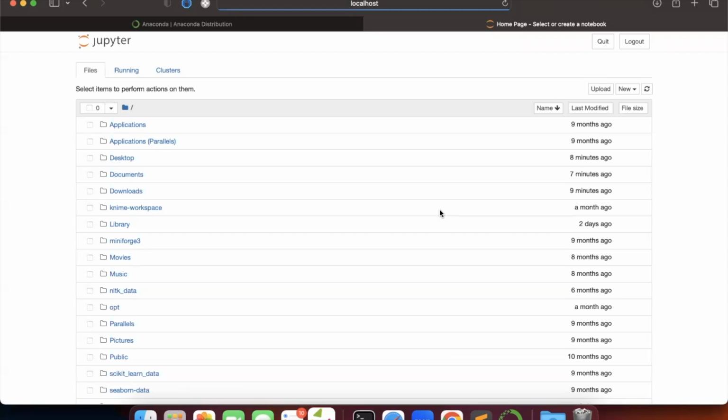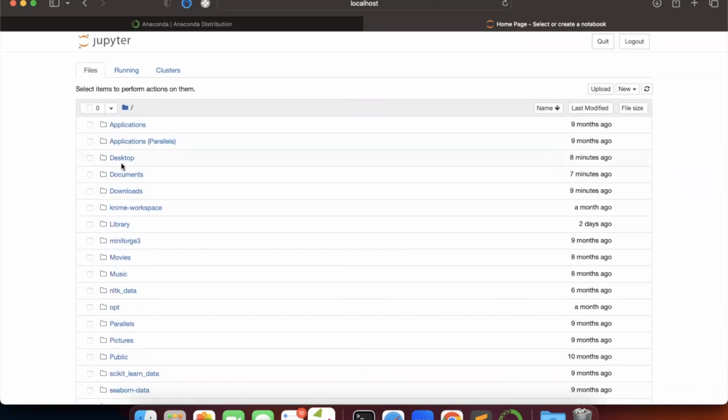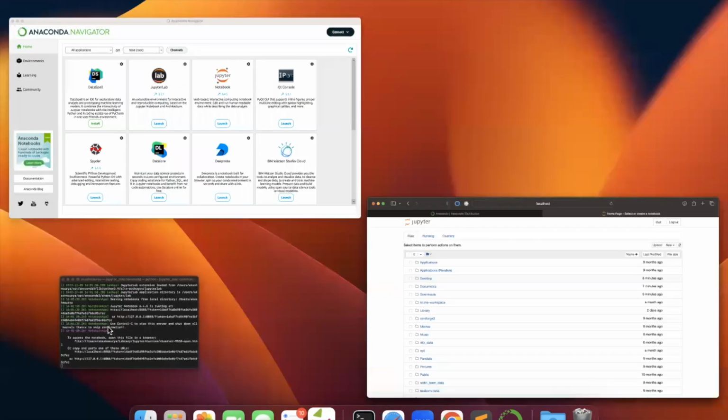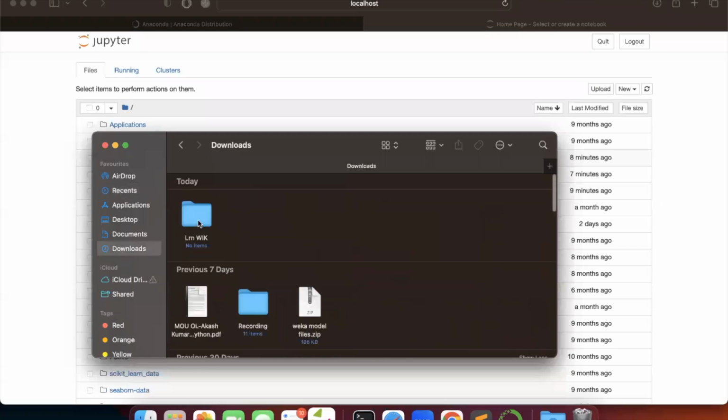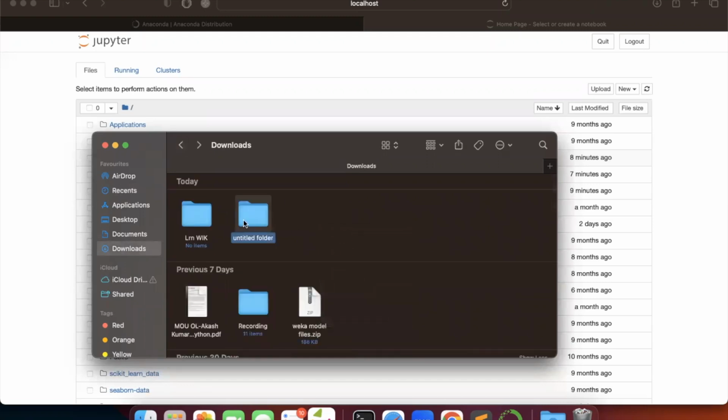Okay, so once it opens, you can see all your base folders listed here. If you are on Windows, you will see all your C folders listed over here. So the best thing to go with is, see, this is something we are handling for learning, right? So we'll be creating multiple files for learning, multiple junk things for learning. The best way to deal with it, how I used to deal with it, is that I simply go and create a new folder, for example this, right? And I can simply go inside this folder, or you can also just go to new folder and create a new folder,